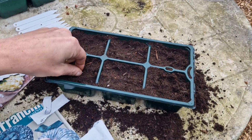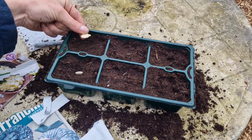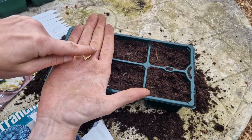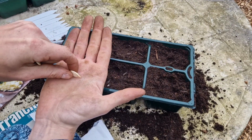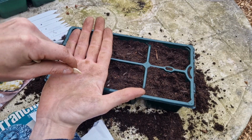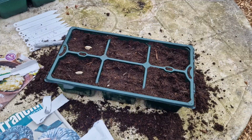That is to stop the seed from rotting in the compost. It's all to do with the surface area. So like that, with the water coming down, there's more surface area and it's more likely to rot. Whereas sideways, there's less surface area for that to sit on, and it's less likely to rot. So we'll just plant one